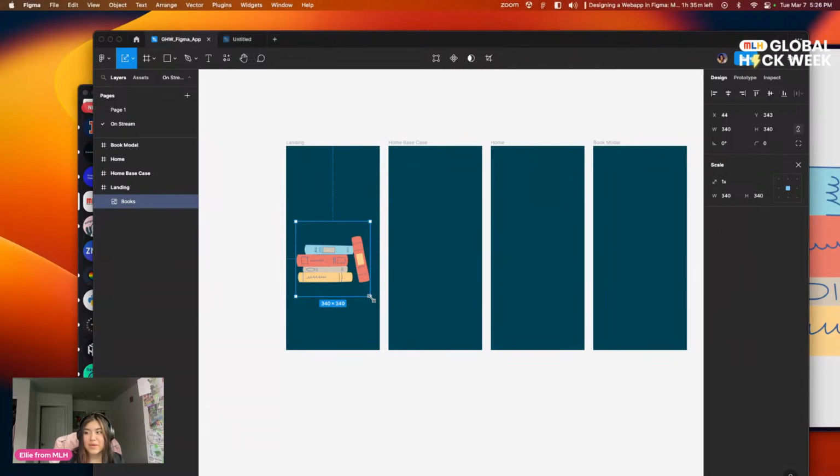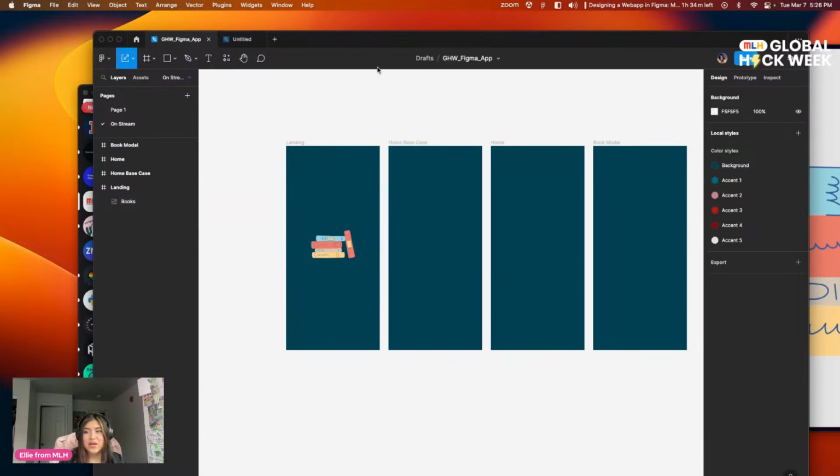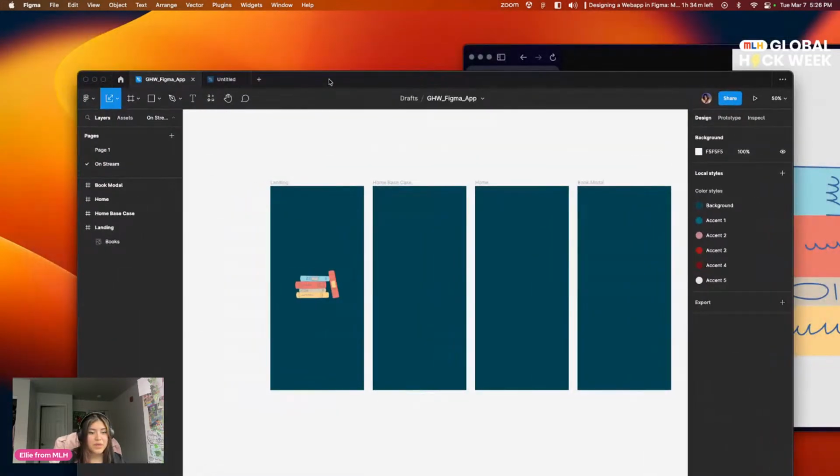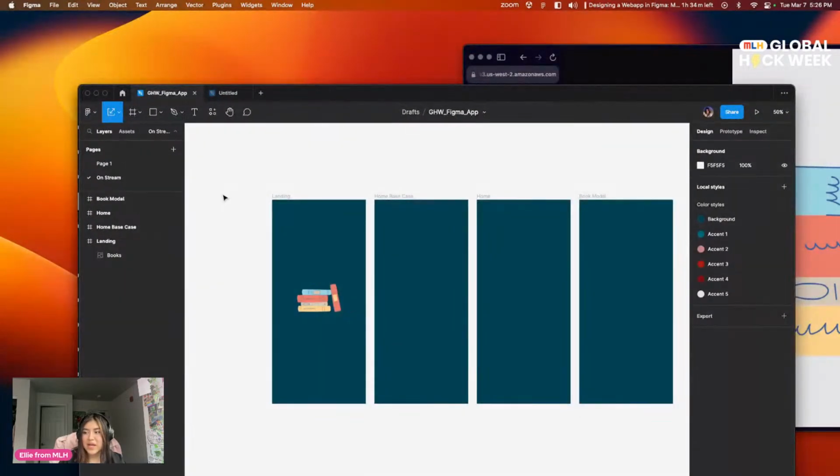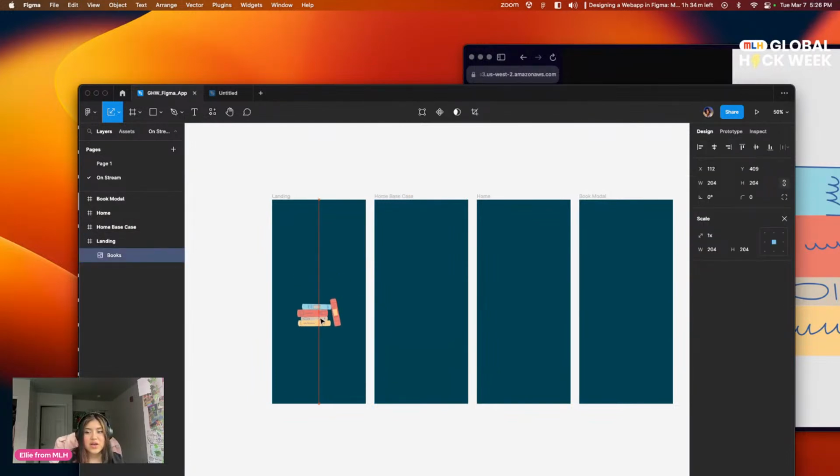Yes. Okay. Cool. So now we're going to place those right here. And then we're all good there. Okay. Now that we have that, I am going to go ahead and start adding some text. So our first one here is